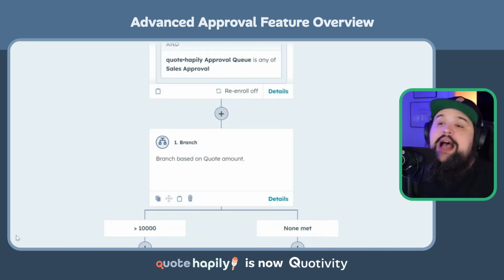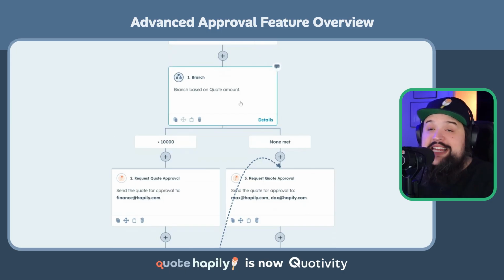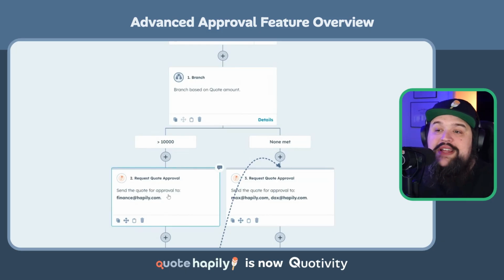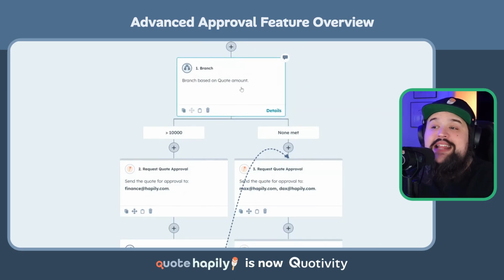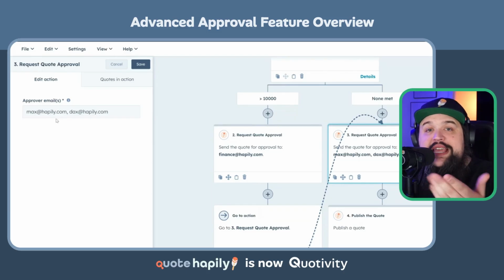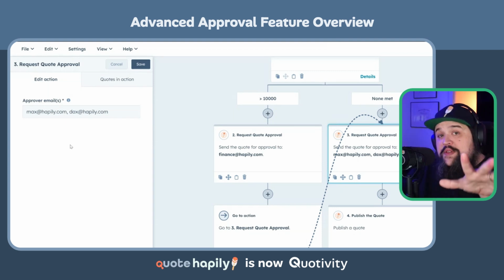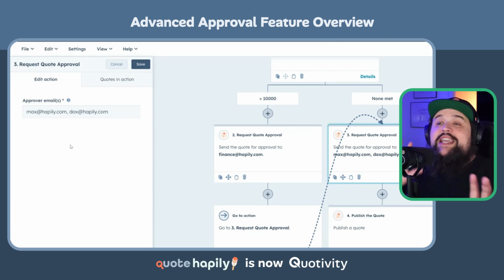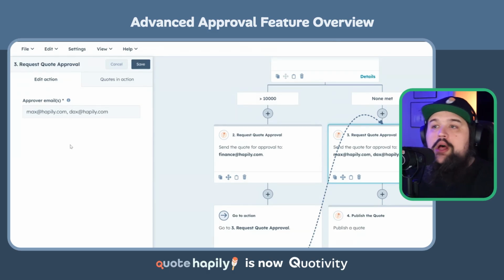For example, here I have two people potentially that would need to approve quotes based on how much the quote is worth. I'm using a standard branch in this HubSpot workflow to say, if the quote amount is greater than $10,000, finance needs to approve this quote first. If it's less than $10,000, it can go directly to the sales managers. In this case, I have two different email addresses in this request quote approval action. Both of these folks are going to get the email, and they can choose which one actually does the approval, and whoever approves it first moves the quote along the workflow